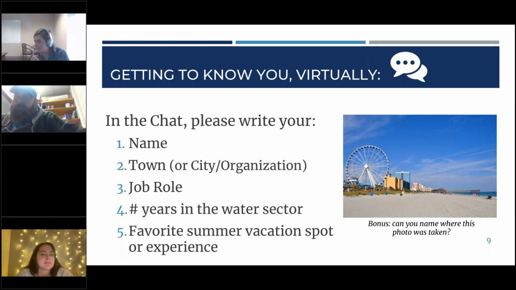All right, let's see. Charleston, South Carolina. Okay, cool. Beautiful. I love Charleston. Okay, well, y'all can keep inputting those just in the interest of time. I'll just keep moving forward. Melanie, do you want to throw out your favorite summer vacation spot? Yeah, I like to go to Miami because that's where a lot of my family is.